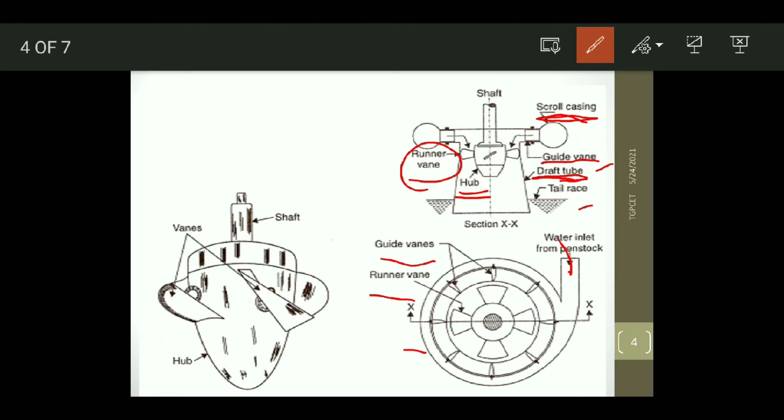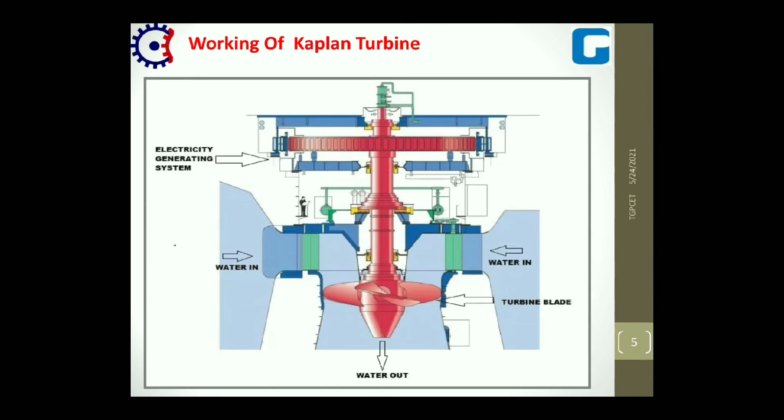Now these are all the main parts of our Kaplan turbine. And there is a runner part which is mounted on the shaft. These are the vanes and this is the hub. Now see the working of the Kaplan turbine. As we know, the Kaplan turbine is an inward flow reaction turbine, which means that the working fluid changes pressure as it moves through the turbine and gives up its energy. The design combines radial and axial features.